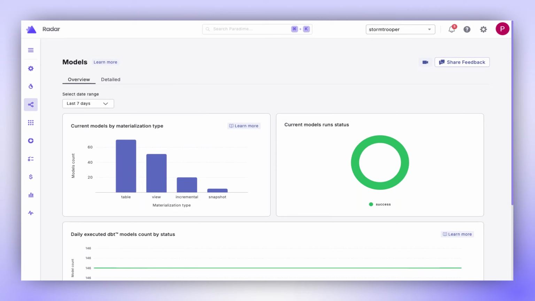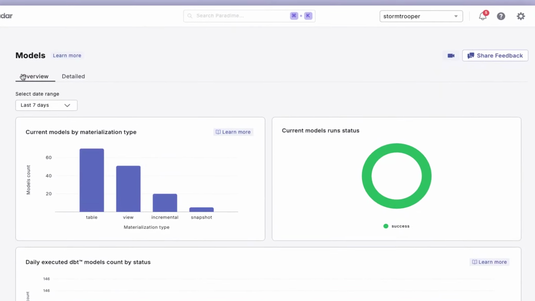The Models dashboard is split into two main sections, Overview and Detailed. We'll explore each section and its crucial features. We'll begin with the Overview section, where a snapshot of model performance and metrics can be obtained over the selected